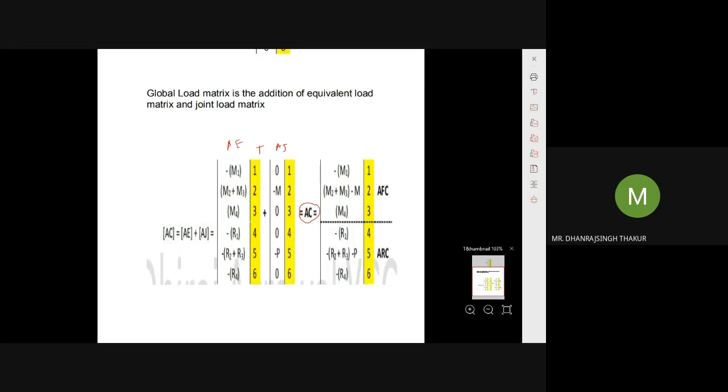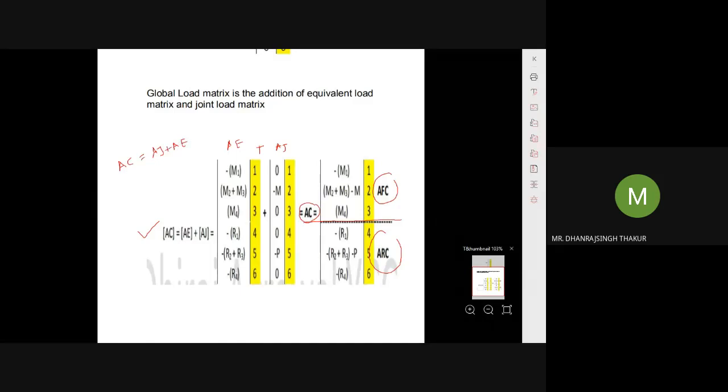तो जितनी डिग्री ऑफ फ्रीडम है उससे वो डिवाइड होता है, AFC, ARC, एक्शन ड्यू टू फ्रीडम, एक्शन ड्यू टू रिस्ट्रेंट कोड। तो यहाँ पे डिग्री ऑफ फ्रीडम 3 है, तो 3 के बाद आपको उसको सेपरेट करना। So why I told you these steps before starting the problem, because there is a change only in this step. ग्लोबल लोड मैट्रिक्स में ही चेंज है, कंप्लीट चेंज, AJ plus A, बाकी remaining are the same steps.